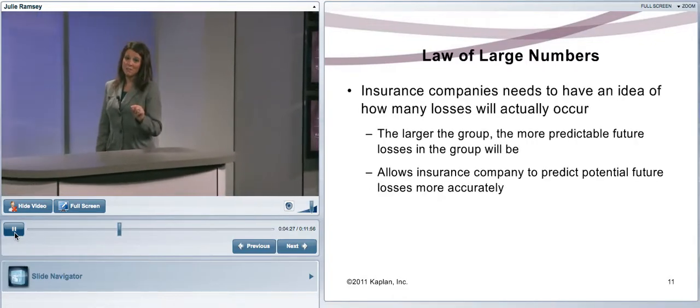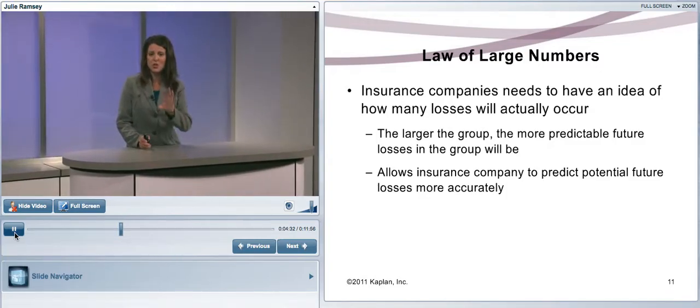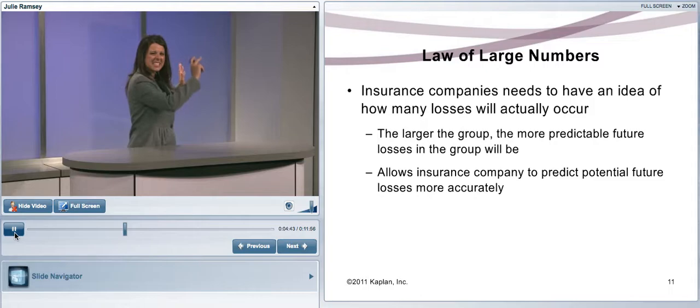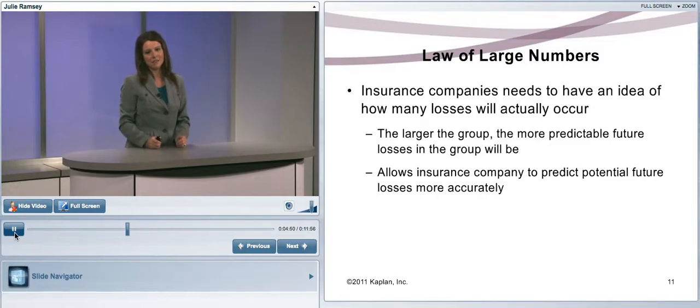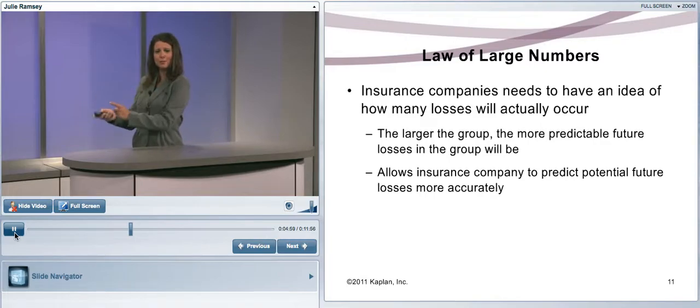Law of large numbers. This is a really important concept. Notice it says large numbers, not small numbers. You see, in life insurance, there is an actuary department. They're like the mathematicians of life insurance. And what they do is they look at tons and tons of people in the past, large groups, and they look at when they died. Okay? They look at mortality tables, the expected likelihood of death. And they have looked at so many people in the past that they are able to predict the future.